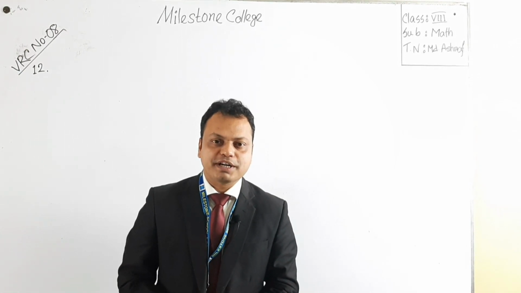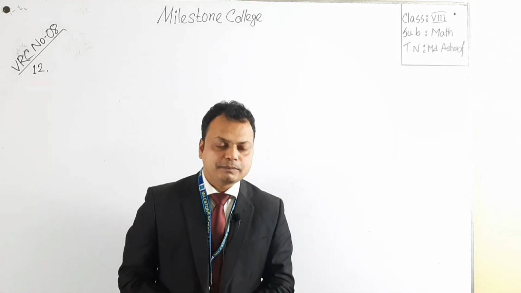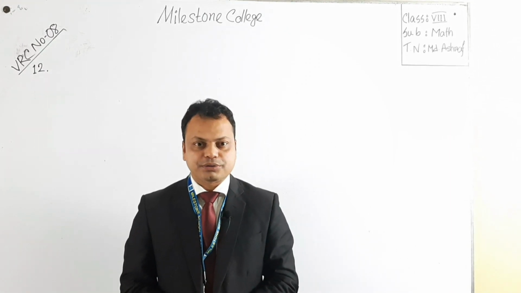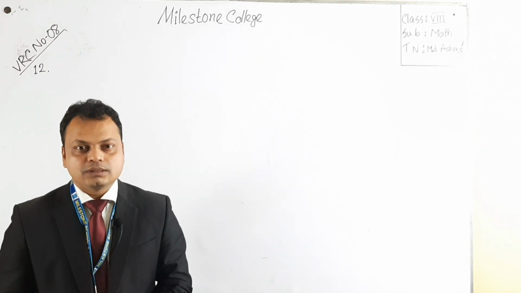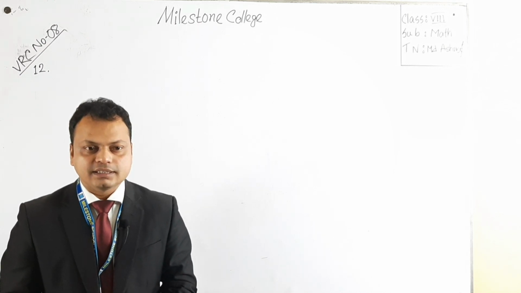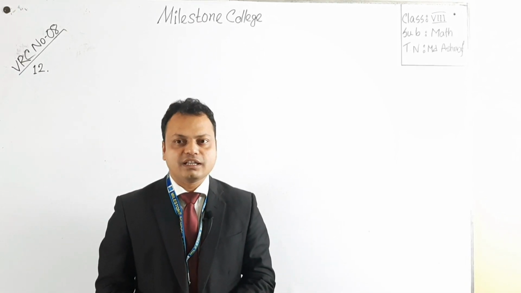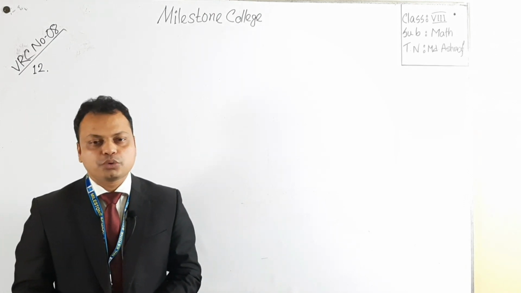What is the formula for finding compound principal? Yes, all of you will try. Yes, good. The formula for finding compound principal is C equals P into (1 plus R) power N. That's very good. All of you are able to tell the answers properly. Now I want to start today's class.